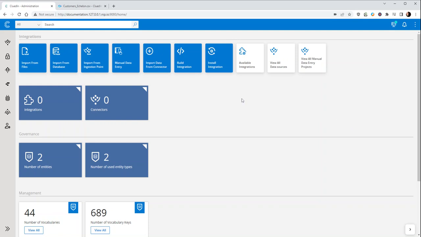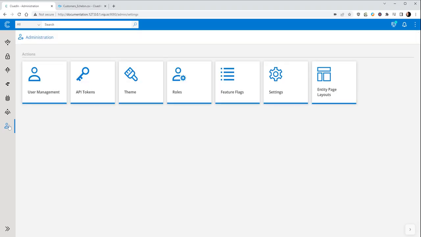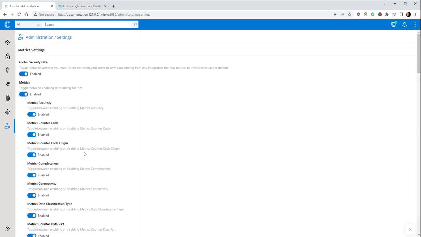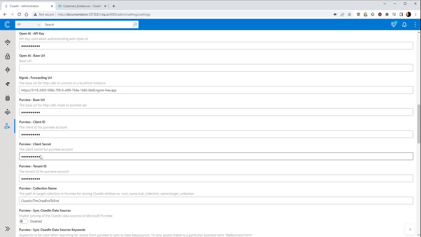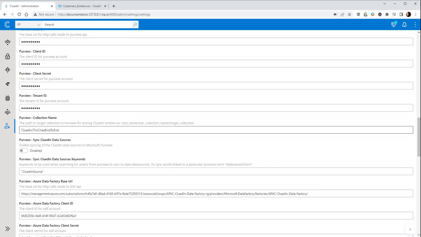In this demonstration, we're going to show you how you can use Microsoft Purview to automatically source all of your data sources for the CluedIn platform. So instead of having to upload files or connect to databases or set up ingestion endpoints or even manually enter data or use our pre-built connectors, we can head over to our settings and fill in all of the different settings for your URLs for Purview, your client ID secrets,